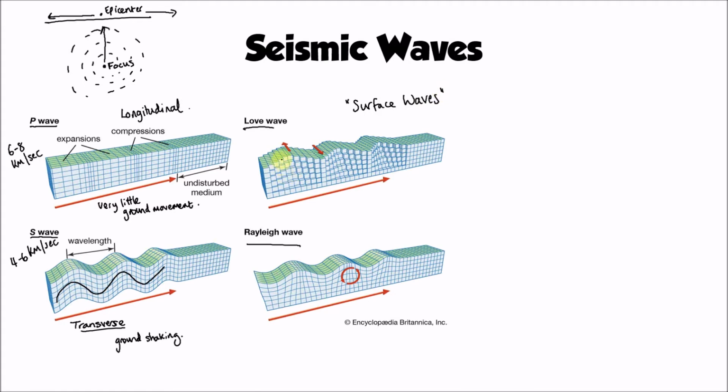So they have a couple of different motions. They can either have this kind of side to side motion, which again is a transverse type movement, or they can have this kind of rolling motion, a little bit like waves do within the ocean, the way that water moves within the ocean. And we get a sea wave, and you can imagine and appreciate that this causes the ground to rise and fall, or in this case the surface to move sideways, which again, both of these are going to cause lots of ground shaking